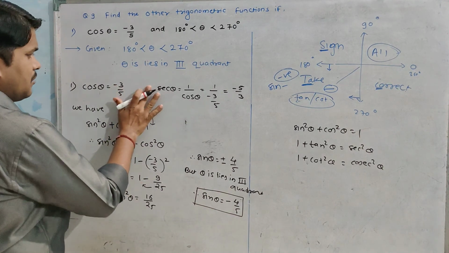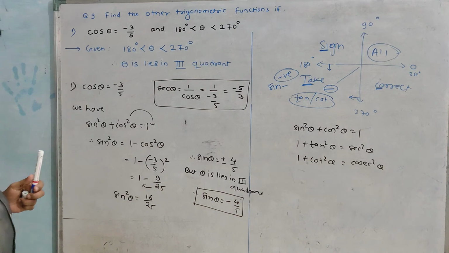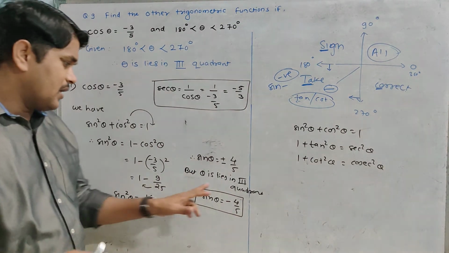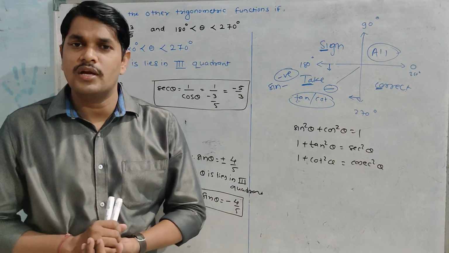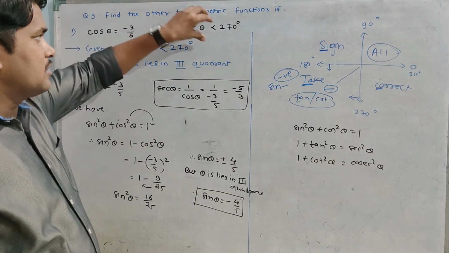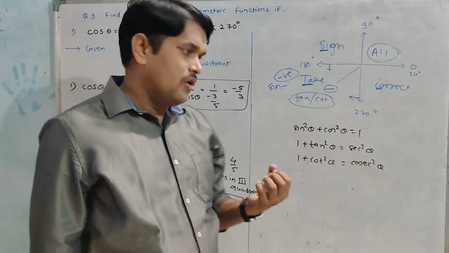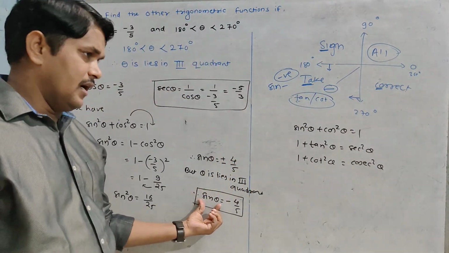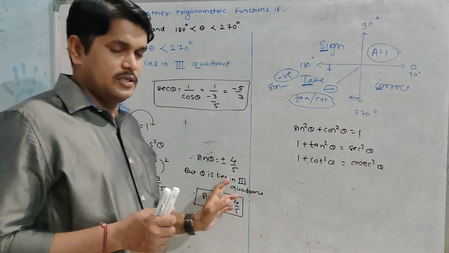ठीक आहे, numbers देत नाही. This is our cos theta, sec theta. So the most important part आहे plus आणि minus कधी घ्यायचे, when we have to take a positive value or when we have to take a negative value. For that consider the given angle. That angle or theta lies in which quadrant? We have to find the value of sin theta only. When we are using the identity, then we have to use this condition.